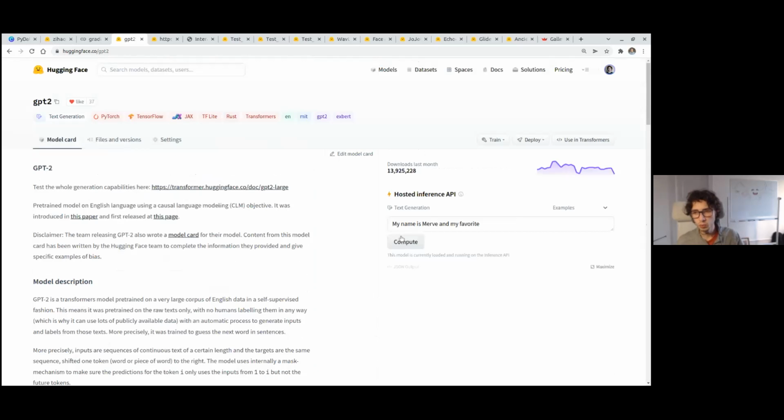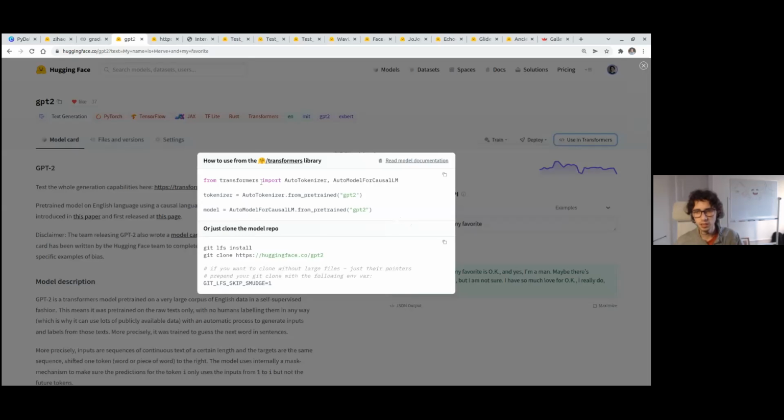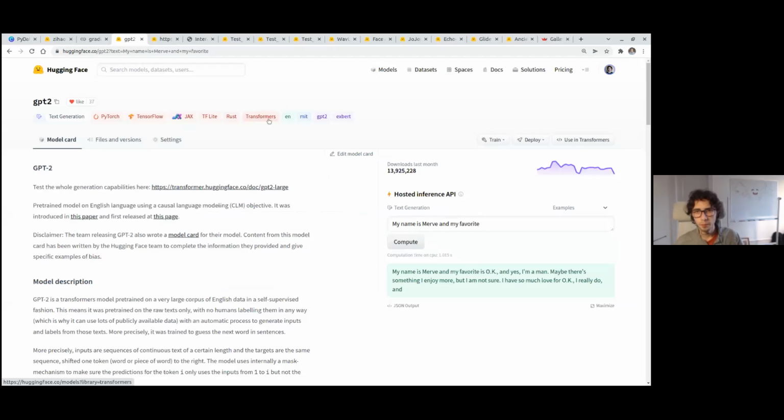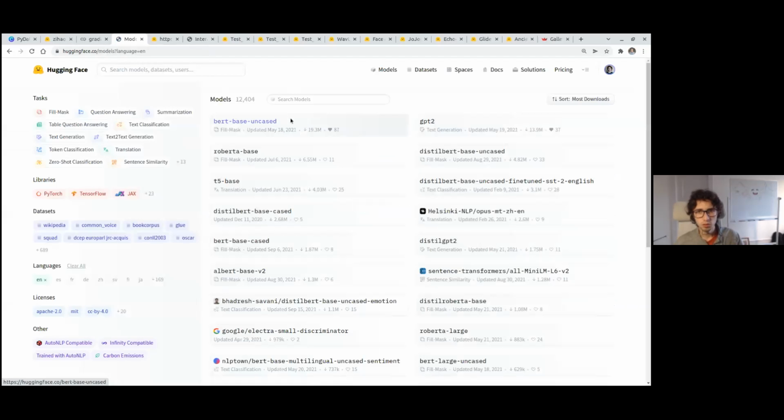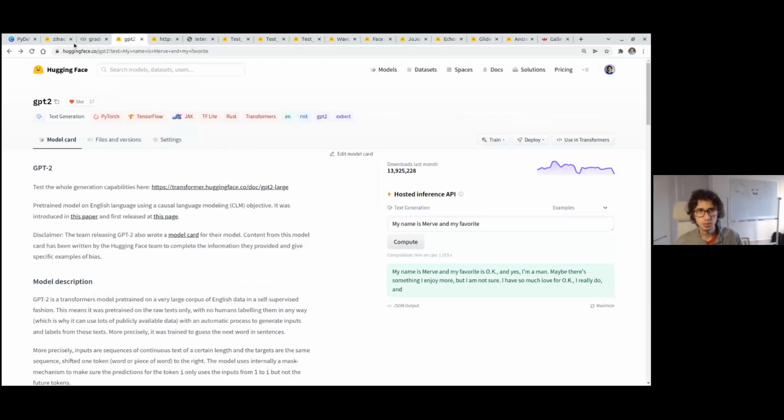And then you get these widgets at the right that you can try out if you want to try out the model directly here in the browser. That's pretty nice. You can click here using transformers, and here you can find a super small self-contained 3 lines of code example on how to use this model. Finally, here you get tags, which are very nice for discoverability. So you can search for English-based models, for example. So yeah, that's very nice.